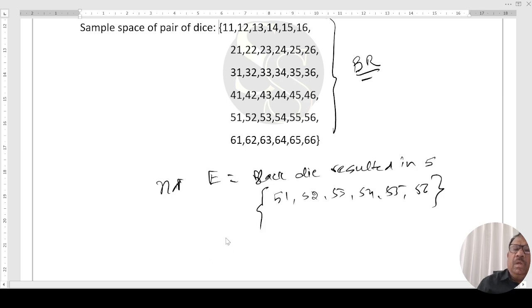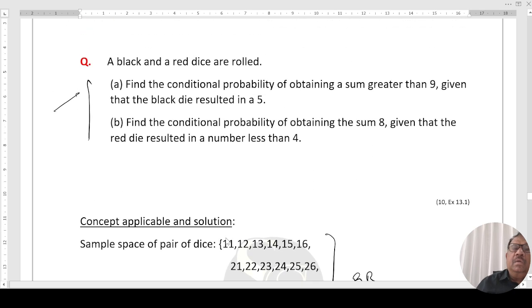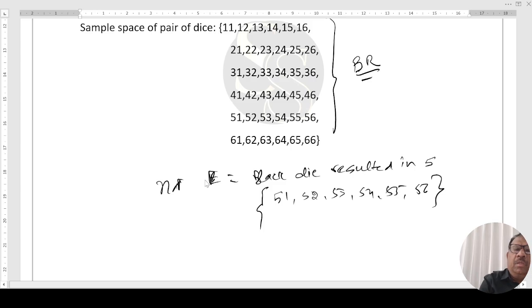So this is F. You have to find P(E|F). Now, no necessity to find all of E. E intersection F is